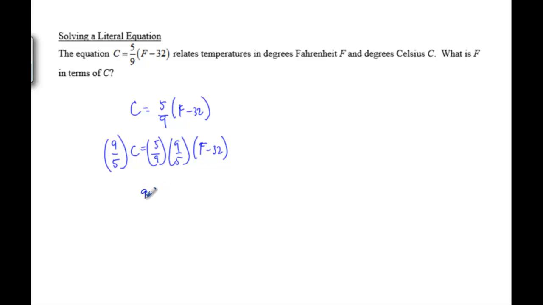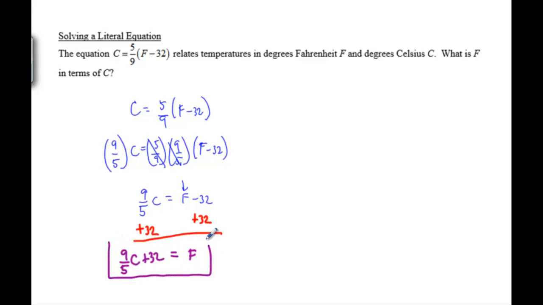we end up getting 9/5 C equals. This turns into 1, and we have F minus 32. Okay, now we can get this by itself. Adding 32, we know that F is equal to, we cannot combine these, they are different. One has a variable, one is just a constant. So we'll leave it as 9/5 C plus 32, which is the conversion equation for Fahrenheit. Or we can flip it around and just F degrees is equal to 9/5 C plus 32. That's it for chapter